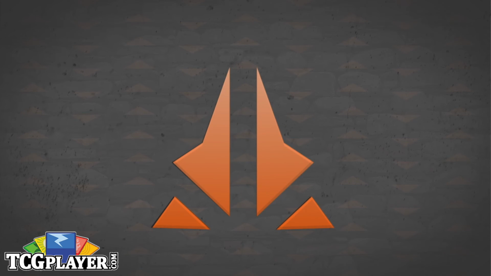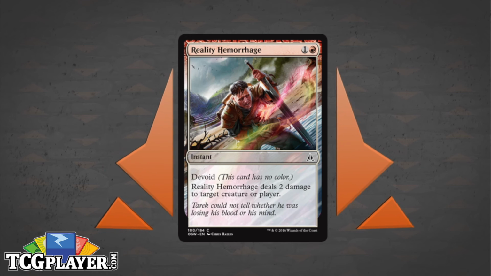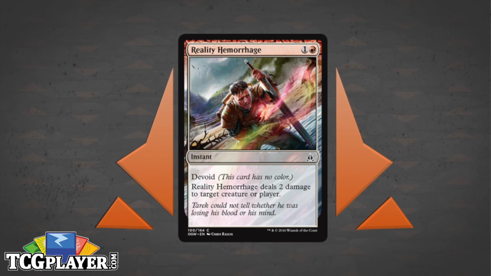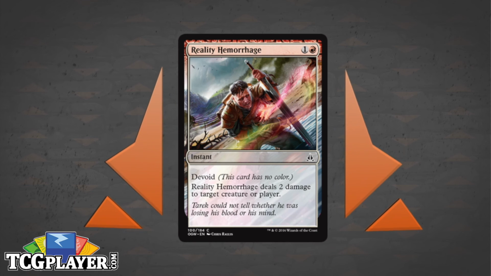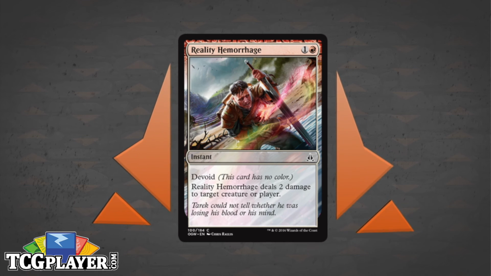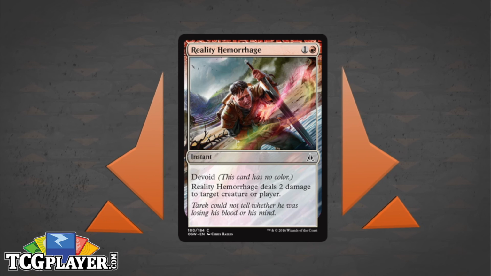Yep. Best red common I have is Reality Hemorrhage. I have it ahead of Boulder Salvo, even though they're both kind of removal. The real utility in Reality Hemorrhage is that it's a good card on its own, and it also helps you trigger Surge at a really cheap cost. Having a reasonable spell on its own, as well as being able to play it whenever you want, being able to trigger Surge whenever you want, and not having it cost...